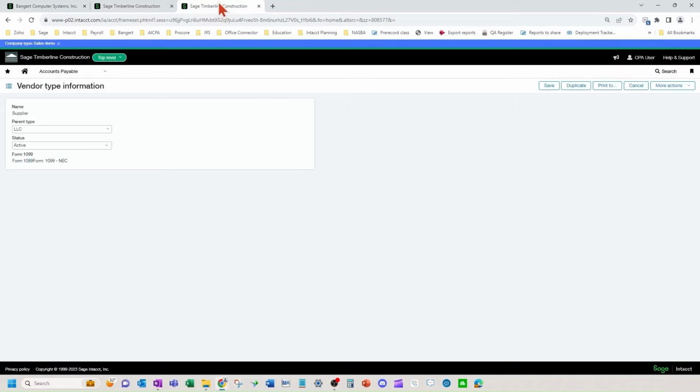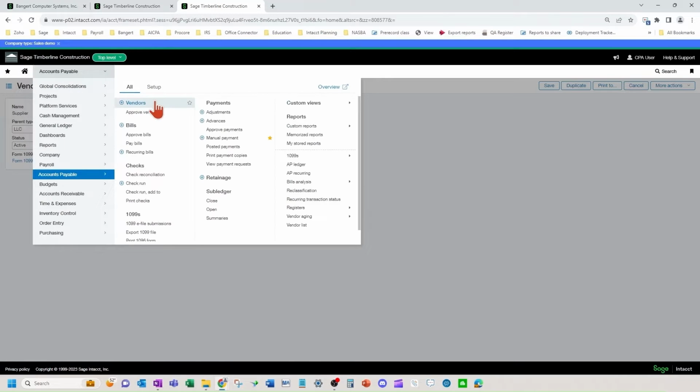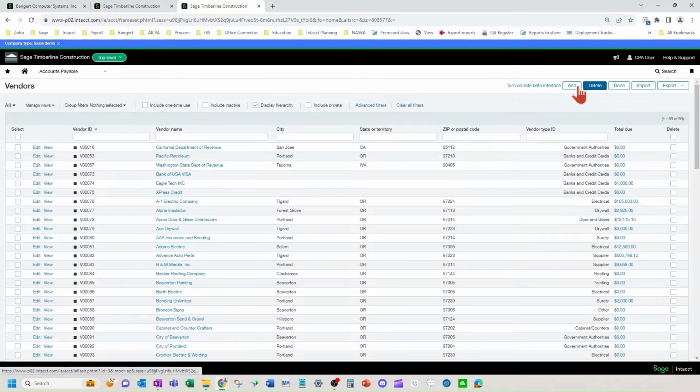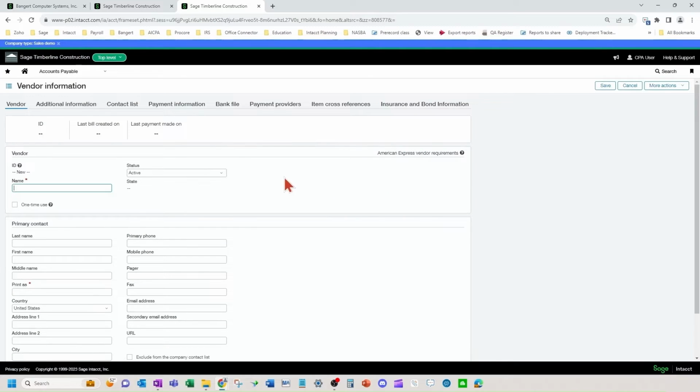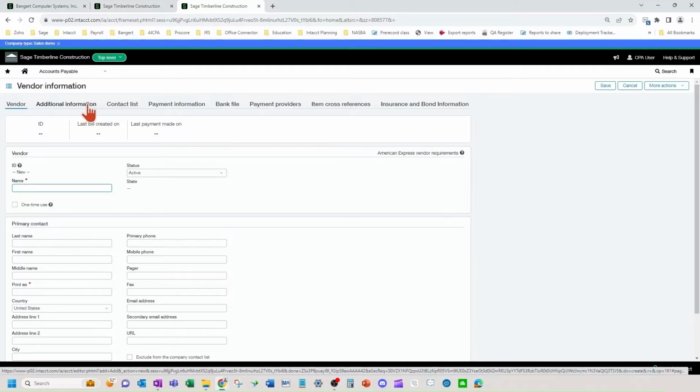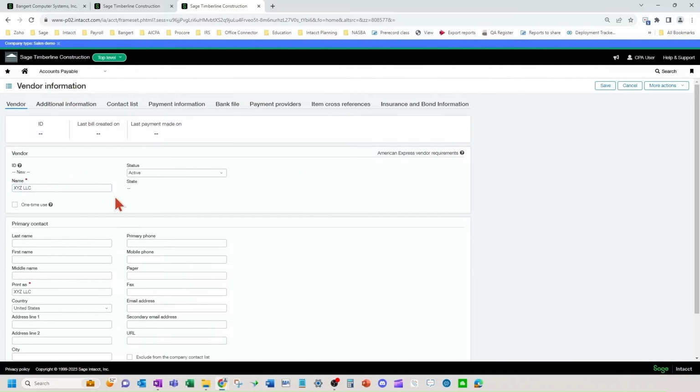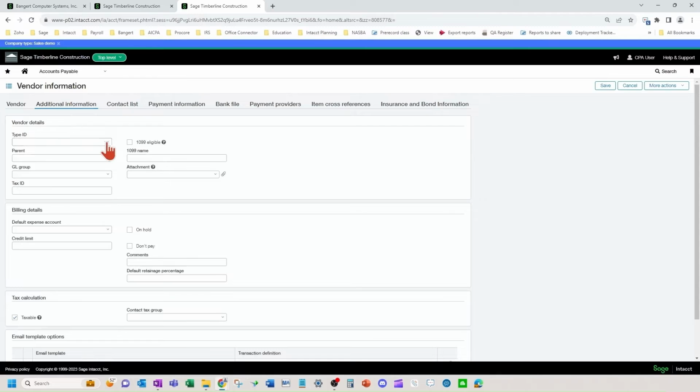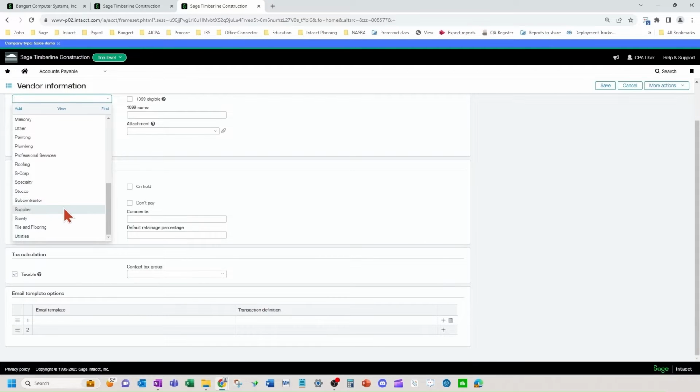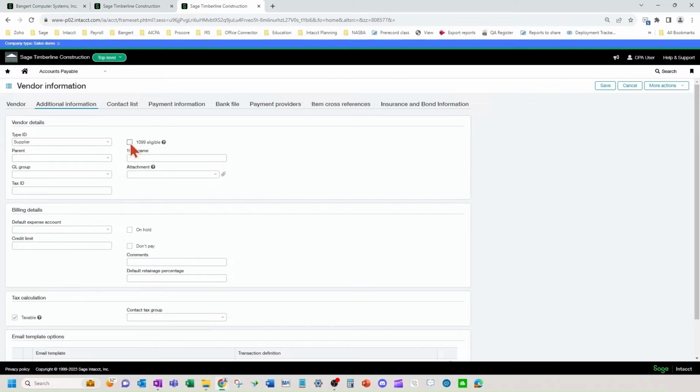So that when I add a new vendor and I pick that type, those boxes will appear on the 1099 additional information tab. So for example, I pick the type here. And notice the 1099 eligible box is here and appears here once you initiate and add a vendor. The prior screen I was on, this has disappeared because I've already created the vendor.